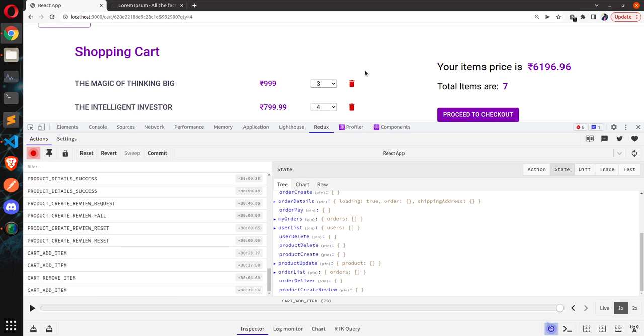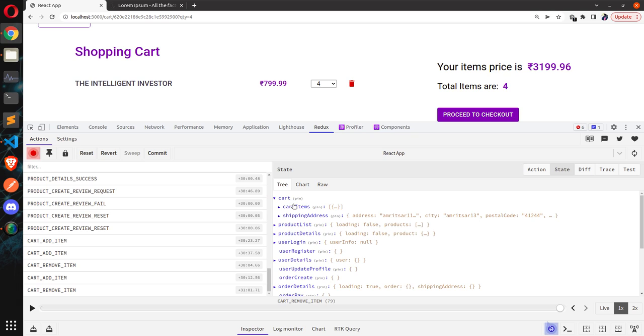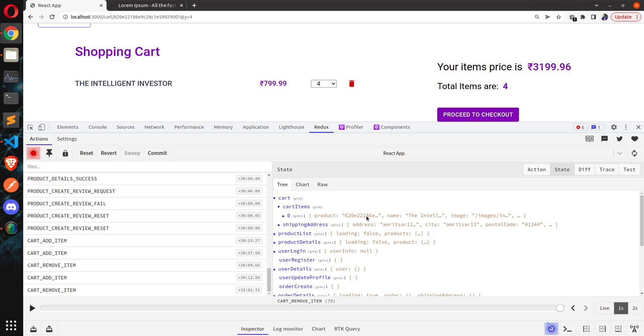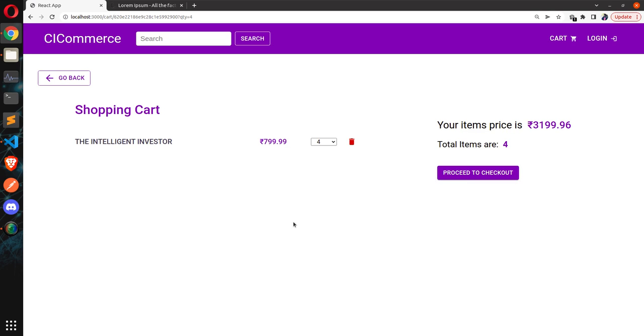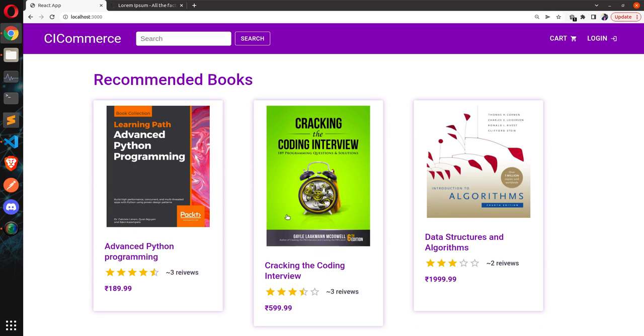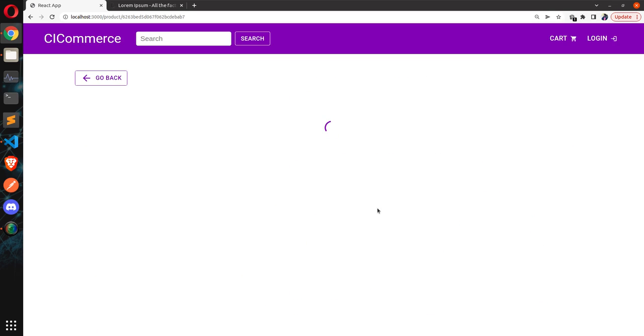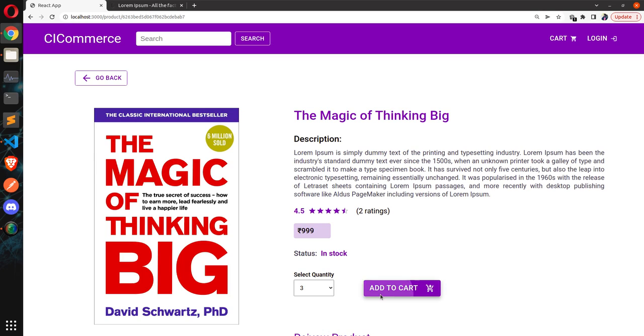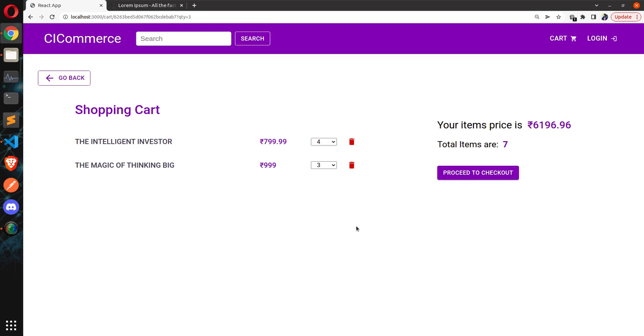For example, let's say if I were to delete this Magic of Thinking Big, then see, a cart remove item action is dispatched, and we can see that in items we have only one item. So now coming back from the topic of Redux, let's add few more items. Okay. So now, if I click to proceed to checkout,